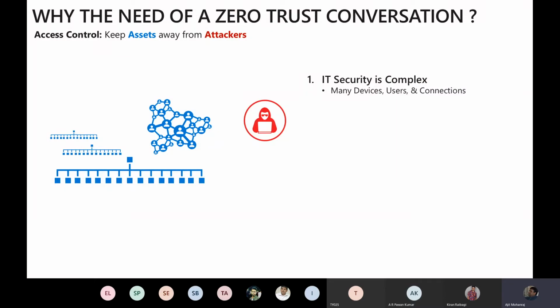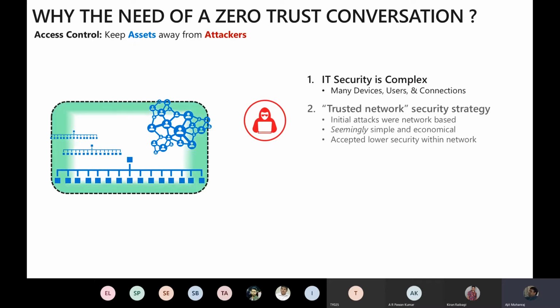So this is just a question of why we are moving towards zero trust, because how did we protect assets before? We had a lot of assets, right? So we said let's just put a perimeter around this, and so that was what the trusted network perimeter became, your internal and external. And a lot of the initial attacks were very network based, right? And the moment you came in, we sort of assumed that if you're inside the network, you have a lot more privileges than the person who was outside.